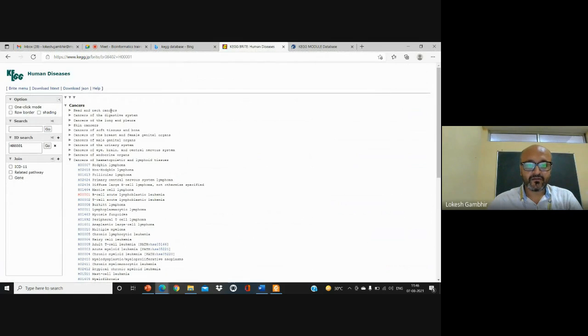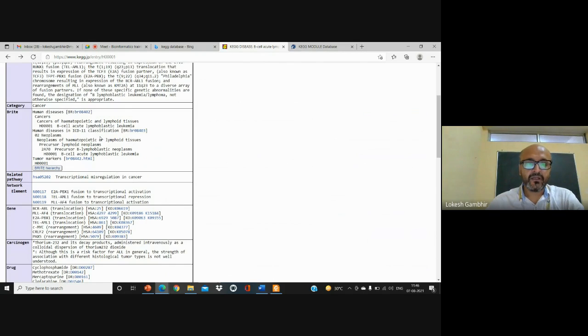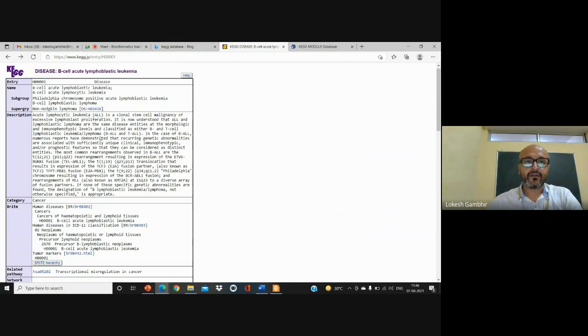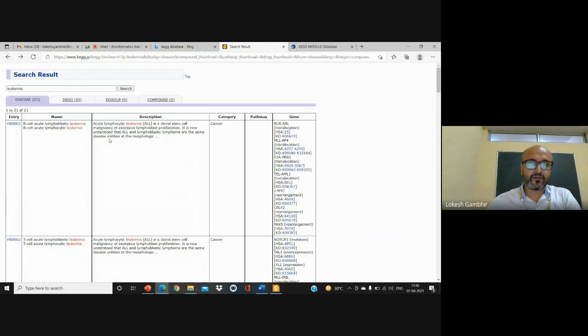Now see, the complete listing of cancers is also available: what types of cancer are present in humans, what the typical targets are, what the drugs are. Complete information is available in this database. Apart from this, the drugs are separate from disease.